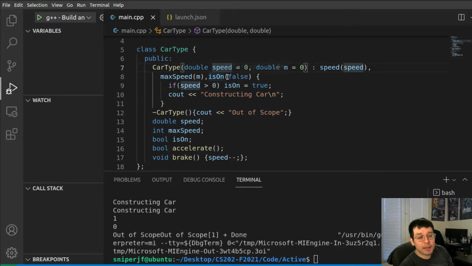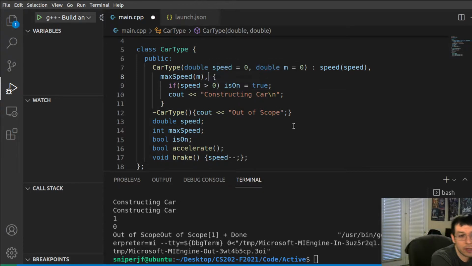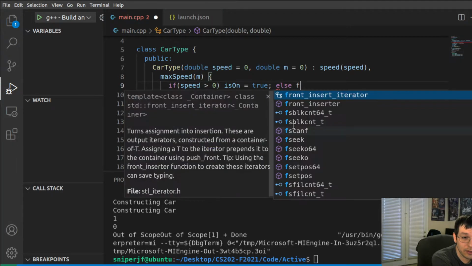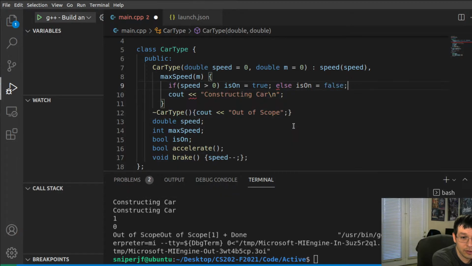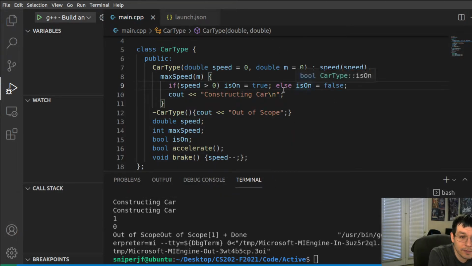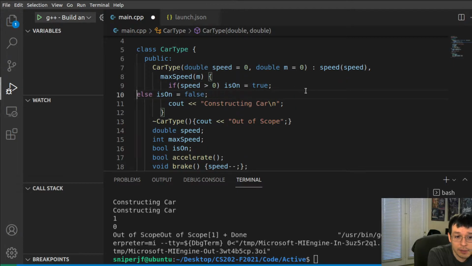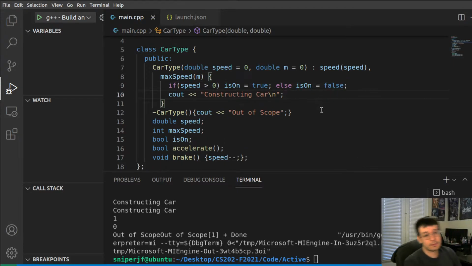Could I be fancier and put that in here somewhere? I don't think so, because I don't think I can use a ternary statement in here. But I could definitely get rid of this here and then just put else false. I could also do that if you like it better. So I could say something like else is on is false. Again, you would want to do this in a new line like that, but I'm going to keep it all in 1 line. Okay. This could be turned into a ternary statement. So I'll leave that as an exercise for you to do at home. That's a good practice of ternary statements. Okay. So yeah,